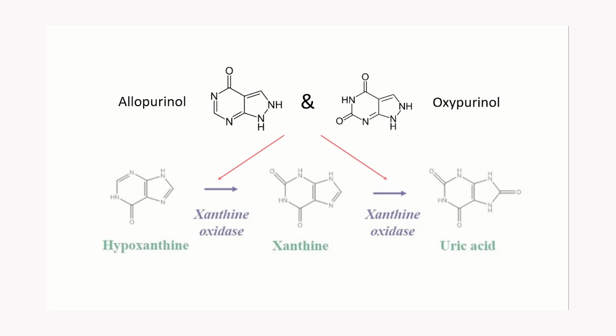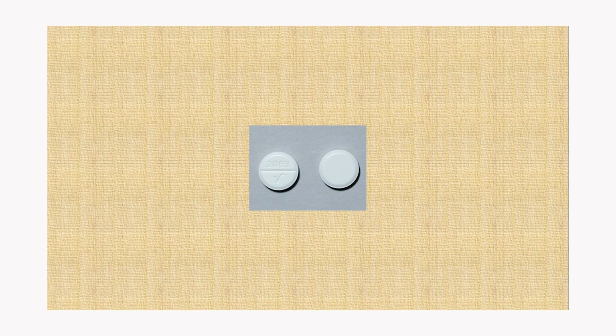Allopurinol and its active metabolites inhibit xanthine oxidase, the enzyme that converts hypoxanthine to xanthine and xanthine to uric acid, the product of human purine metabolism. In reactions catalyzed by xanthine oxidase, the use of molecular oxygen as a terminal electron acceptor results in the generation of reactive oxidative species with an unpaired electron in the outer orbit. Allopurinol does not directly interfere with purine nucleotide or nucleic acid synthesis.